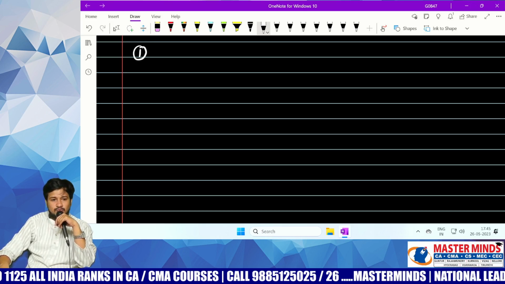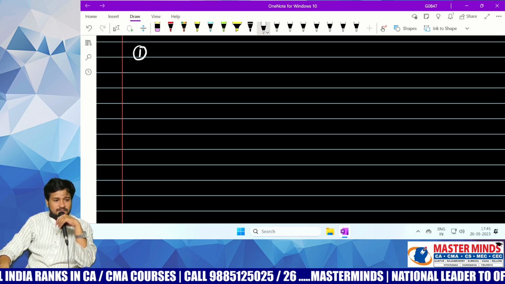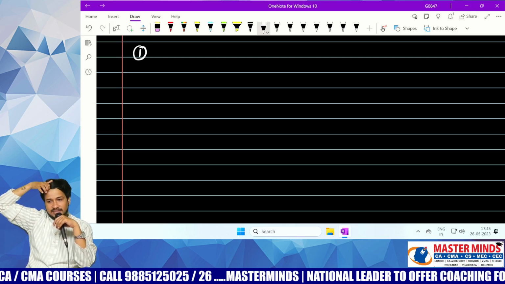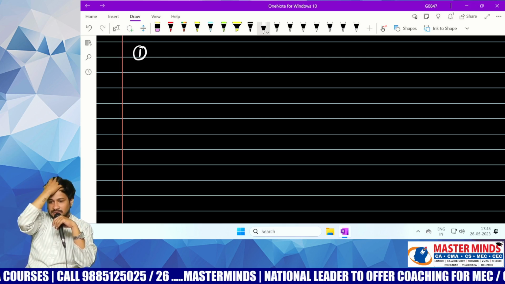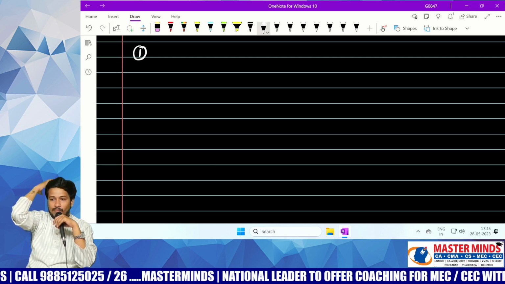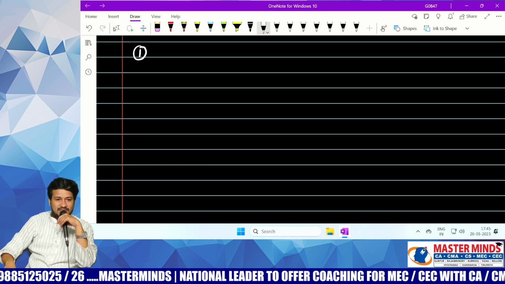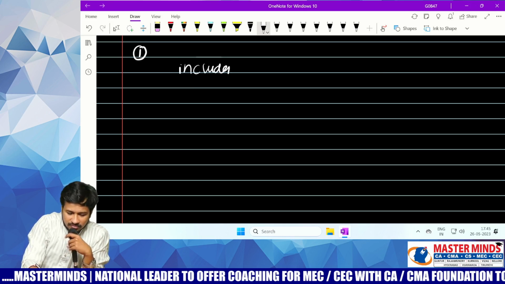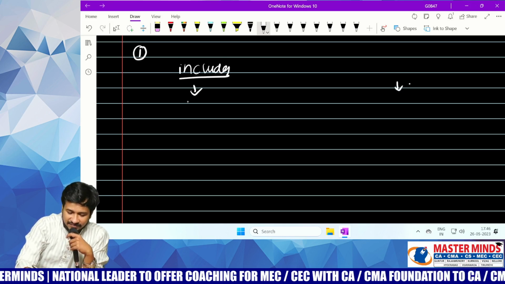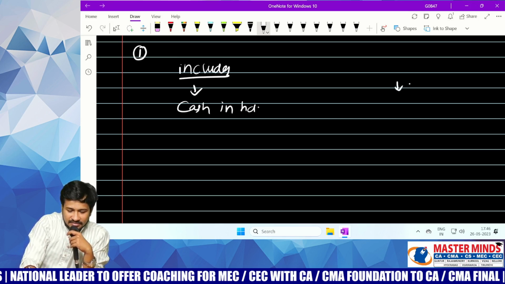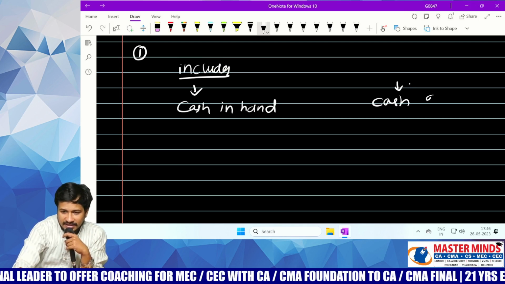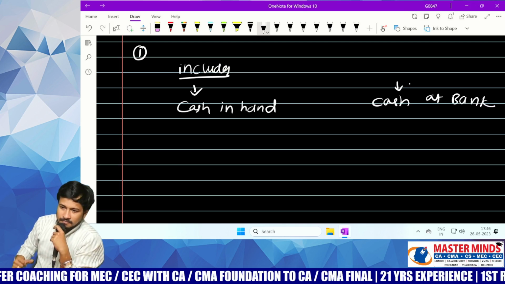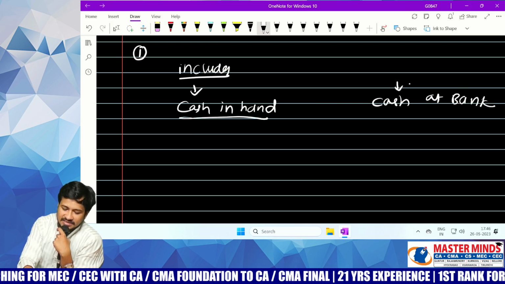Next, definition number 2. What is definition number 2? Cash. Write the same. Definition number 2, cash. Just make it into 2 parts. Cash includes left side and right side. Left side, cash in hand, and right side, cash at bank. Put a down arrow mark to left side, that is cash in hand,